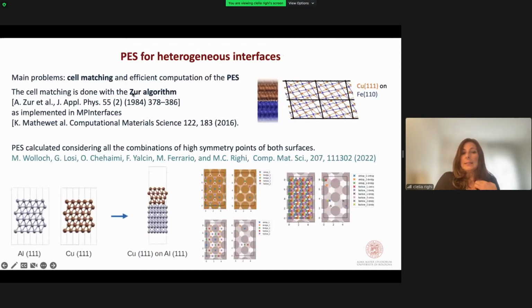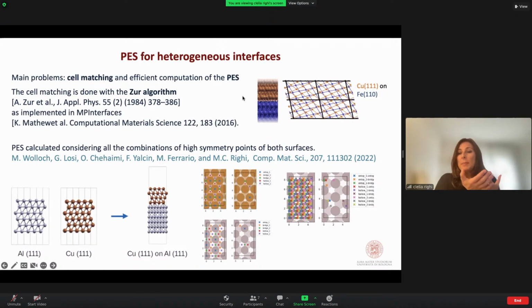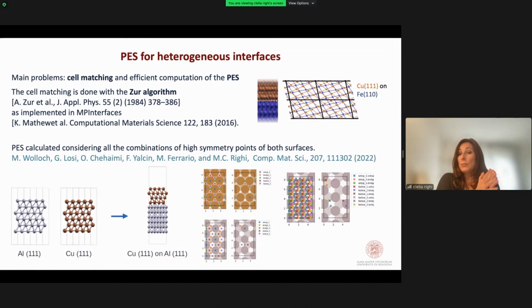Okay, then after considering the homogeneous interfaces, we consider heterogeneous interfaces that are obtained by mating two different crystals. For example, here I'm representing copper on iron. And as you can understand, the situation becomes much more difficult because we have to mate two different crystal lattices,